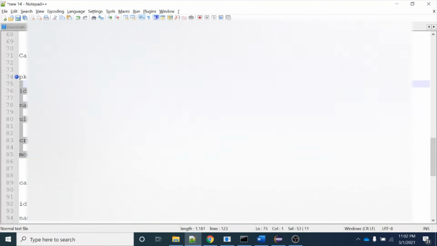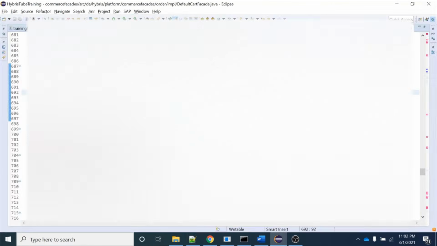Now I need to pass not all five attributes, only two attributes, ID and name. So how will I be doing this? On the facade layer, I will be calling a converter. I will be calling the convert method. For example, over here you can see I have called the converter dot convert method, and I am passing this